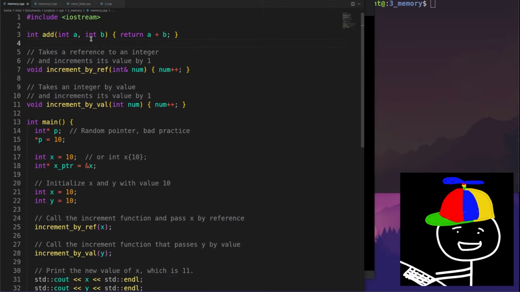When would you want to pass in a variable by reference? There are maybe a few different cases, but the most general rule of thumb is if you're passing in a class object that has memory allocated on the heap, it might be preferred to pass that in by reference. Another way of thinking about it is if you have a larger piece of data that's going to take more memory, you would probably want to store that on the heap due to the stack's limited size. The other reason would be if you wanted to modify the variable within the function that you're calling, you would have to pass that value in by reference.